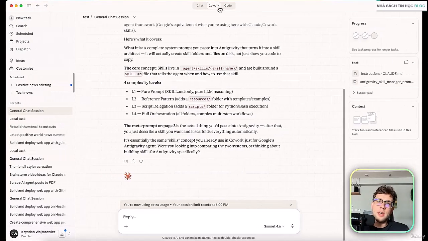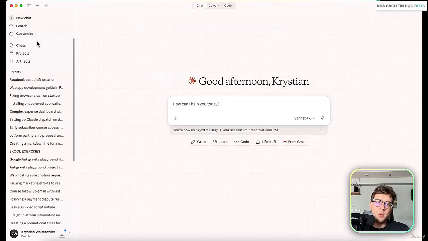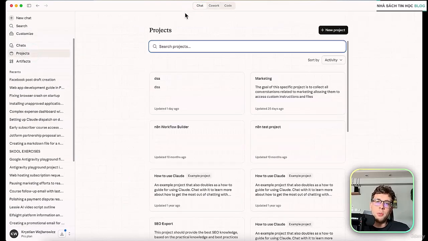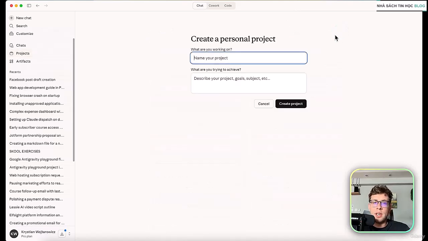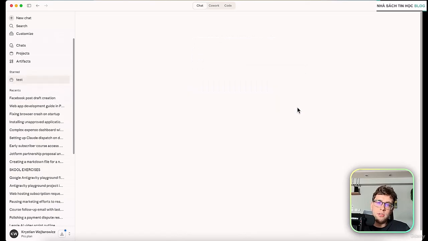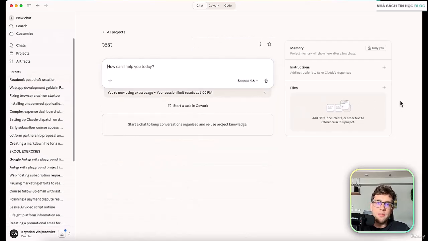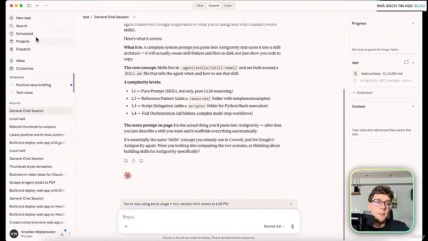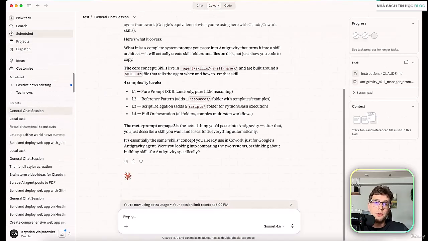So projects is something that has existed for a really long time when it comes to Claude. When it comes to the chat, we could create a specific project, once again provide the name of it, some description, and do literally everything the same. However, we couldn't add a specific folder, like the root folder. But memory is here, instructions are here, and the files are here. So literally it's the same. However, Anthropic wanted to add the projects within Cowork, and they did it by just adding the tab here. So now we can use projects also in Cowork.